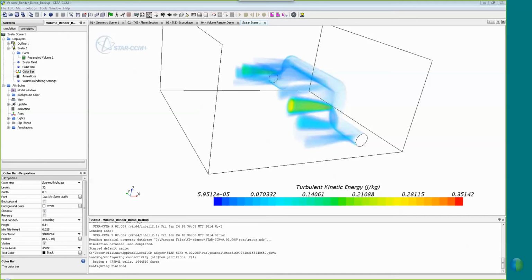I have a question. Is adaptive time stepping available in other modules besides StarCast? Unfortunately, no, not at this time. Adaptive time stepping is only available in StarCast. But we have been talking with